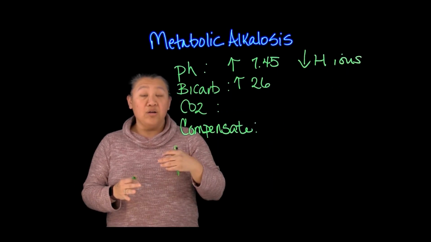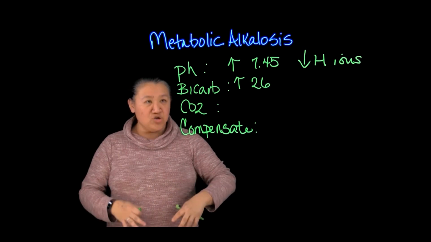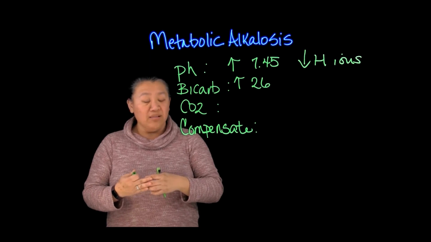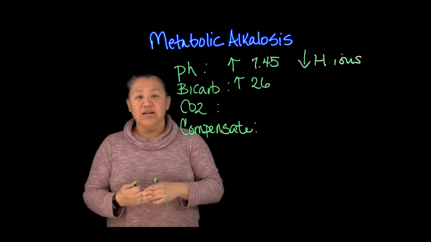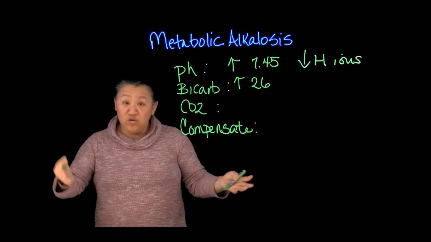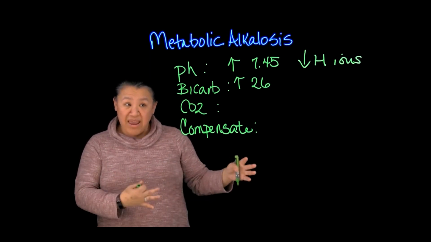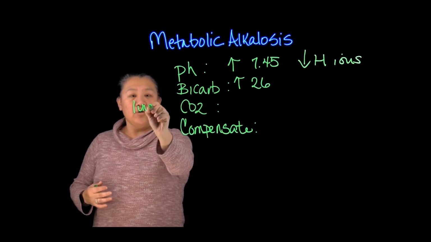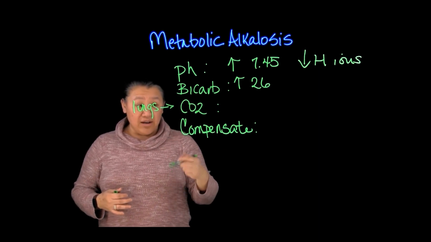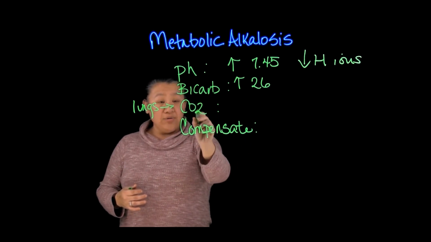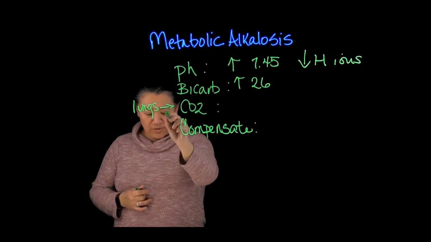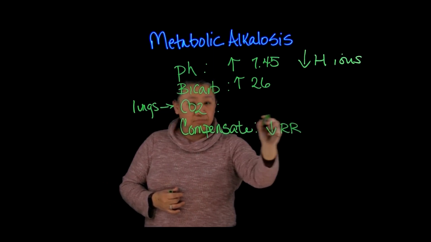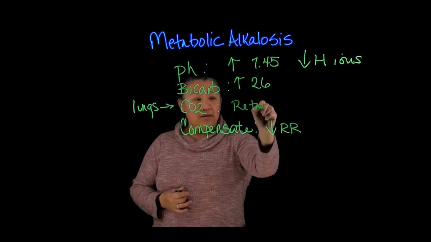Again, now you have to think about, okay, something like you've suctioned out all this gastric juice, you've lost a lot of acid. How do you correct the problem? Let's make it simple. Something's going to need to compensate to either give you more acid or excrete base. And so because we have a metabolic issue, your lungs are going to be the one that has to compensate. And so how do the lungs compensate? They'll actually decrease the respiratory rate in order to retain CO2